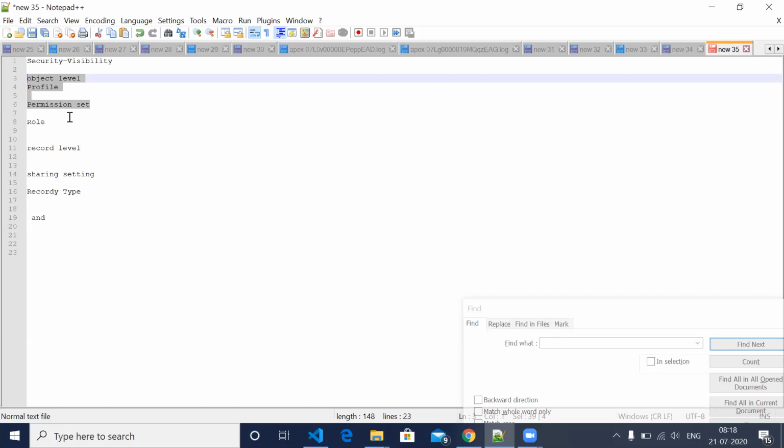So this is the two levels. One is, when you are creating the object level itself, you can decide whether I should have access or not. And the second thing: yes, you should have that particular object access, but still we want some restriction on permission.